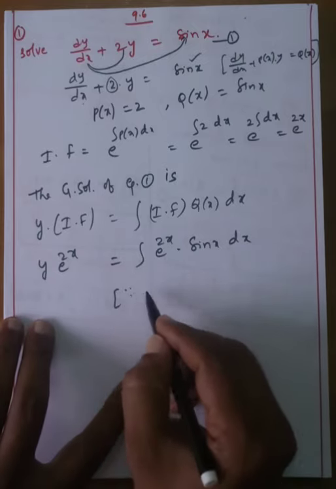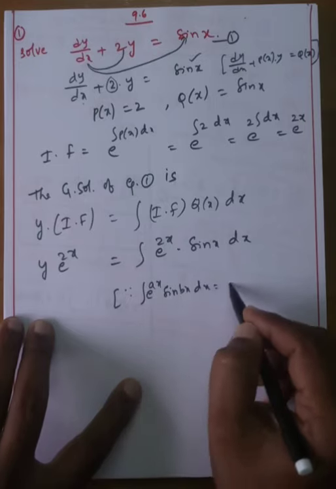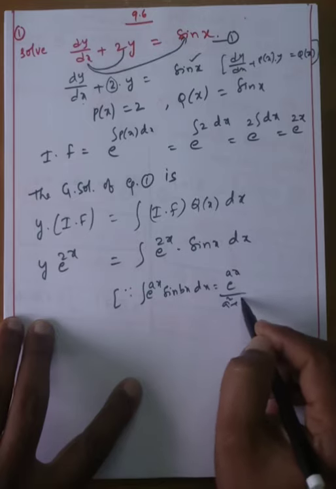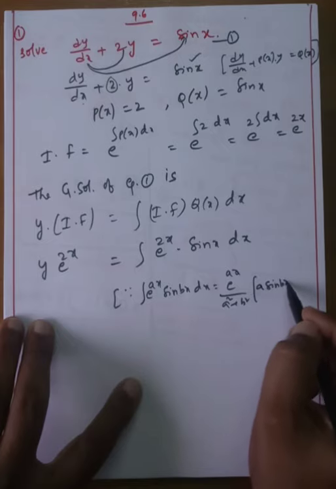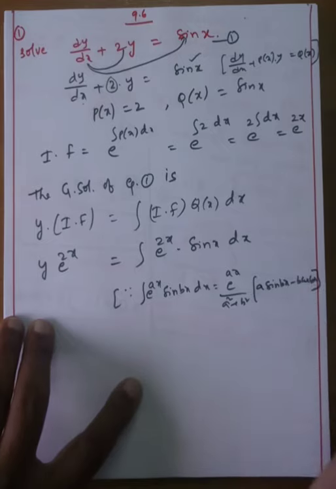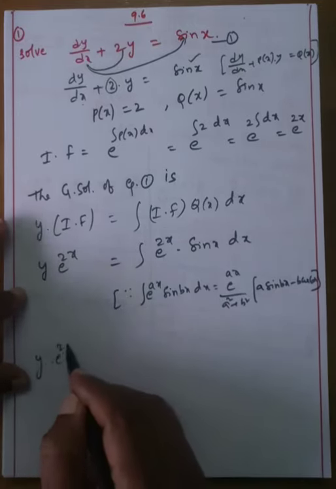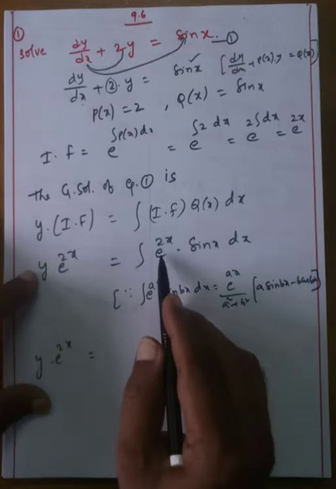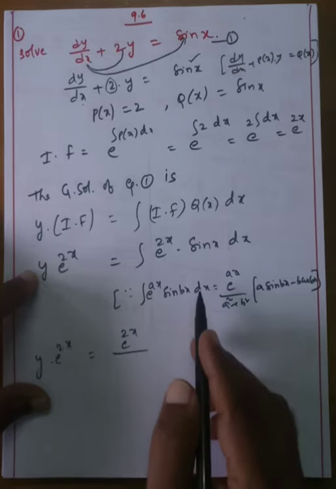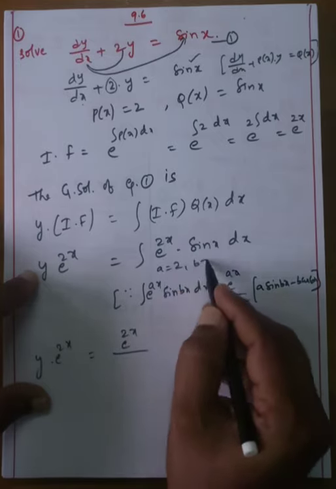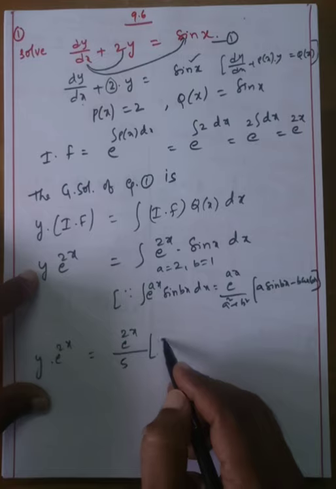Now I will explain the formula. Integral of e power ax into sin bx dx is equal to e power ax by a square plus b square into a sin bx minus b cos bx. Okay, you know the formula. Therefore y into e power 2x is equal to, in the formula e power ax, a value is 2 and b value is 1, by comparison, e power 2x by 4 plus 1, which means 5, into a sin bx, that is 2 sin x